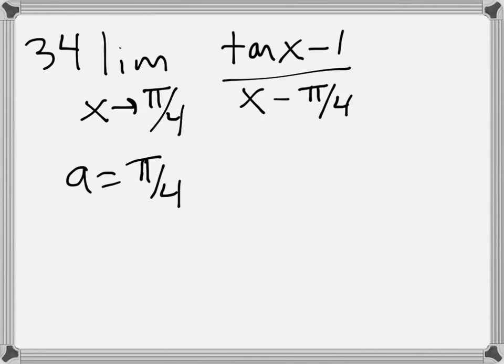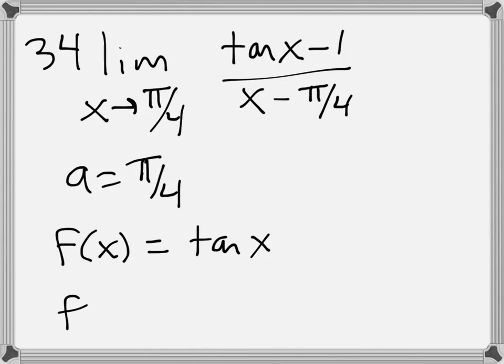And the top is supposed to be f of x minus f of a. So f of x should just be tan x, and that makes sense because f of pi over 4, which would be f of a, tangent of pi over 4, is 1. So this looks pretty good. It's actually a little easier to do with this definition. So this would be the answer here